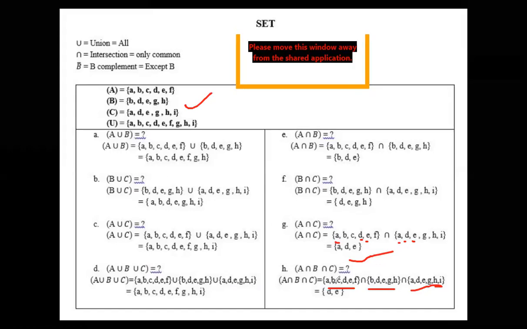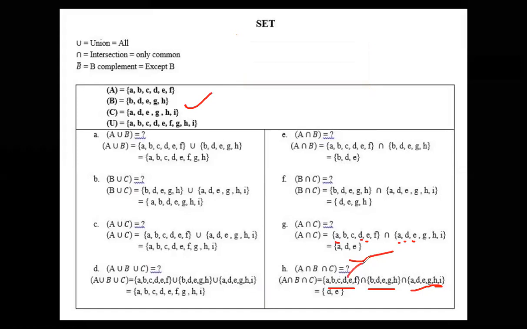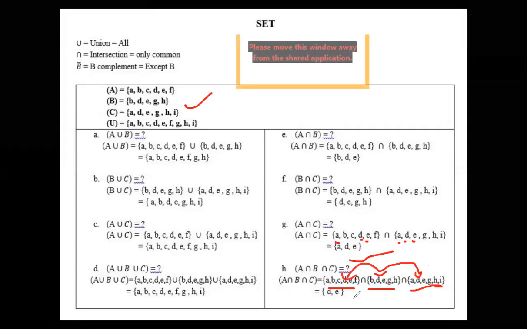Now after that, intersection means what? It is just the common. Now we cannot take the common between two numbers only. We need to take the common in all the numbers. Suppose B may be common in these two numbers, but B is not common here. It must be common in all three numbers. So what are the common numbers?